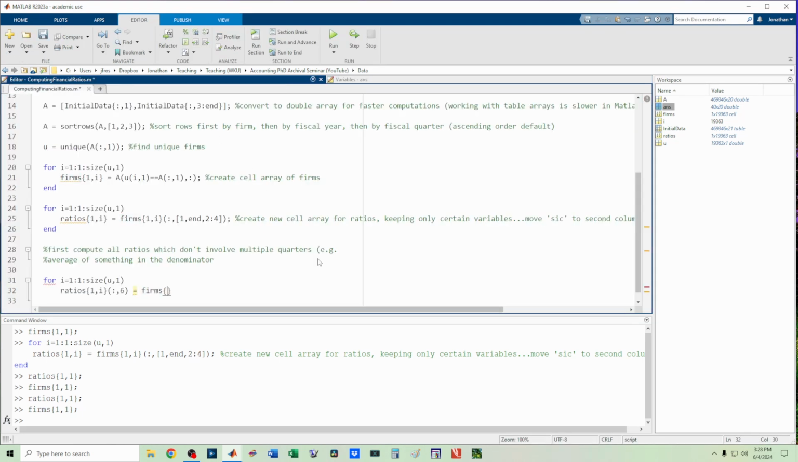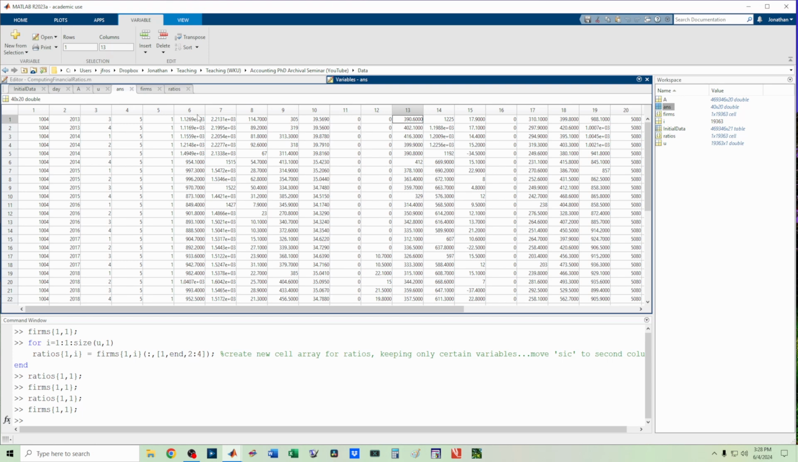So firms, all rows, column 6. Now you want to divide by column 13. I want to take all these rows divided by all these rows, element by element. This divided by this will be the current ratio for this company in the third fiscal quarter of fiscal year 2013. And then this divided by this will be the current ratio in fiscal quarter 4 of fiscal year 2013